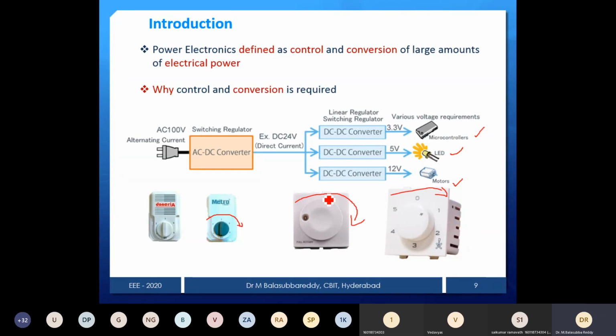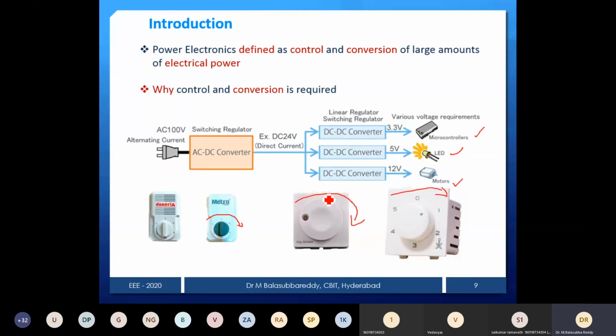Another application you can see is light control. Normally, if we switch on the light, it will glow, or if we switch off the light, it will go off. But in restaurants and some areas, we require some kind of light control. I don't want it to fully glow, or I don't want it off. Some middle range of illumination. If you require that type, you can again use AC voltage controllers.